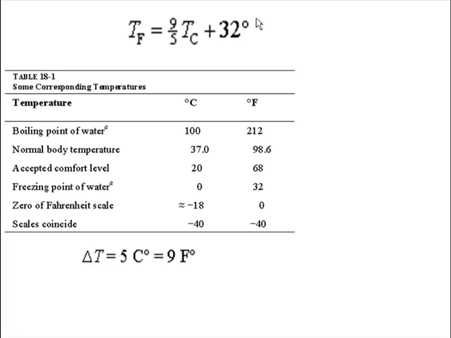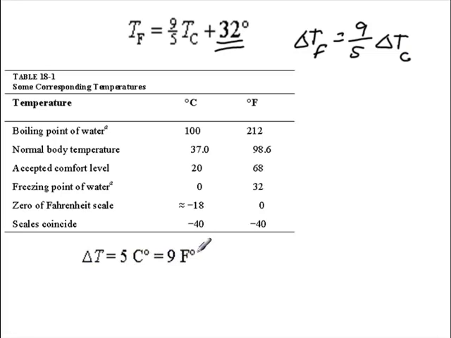A word of warning, this formula with the plus 32 is only used if you're actually converting temperatures, not if you're converting temperature differences. If you're converting temperature differences, you don't need the plus 32. It's just delta T Fahrenheit is simply 9/5 delta T Celsius. So that's what we have written down here. A change in temperature of 5 Celsius degrees is equal to